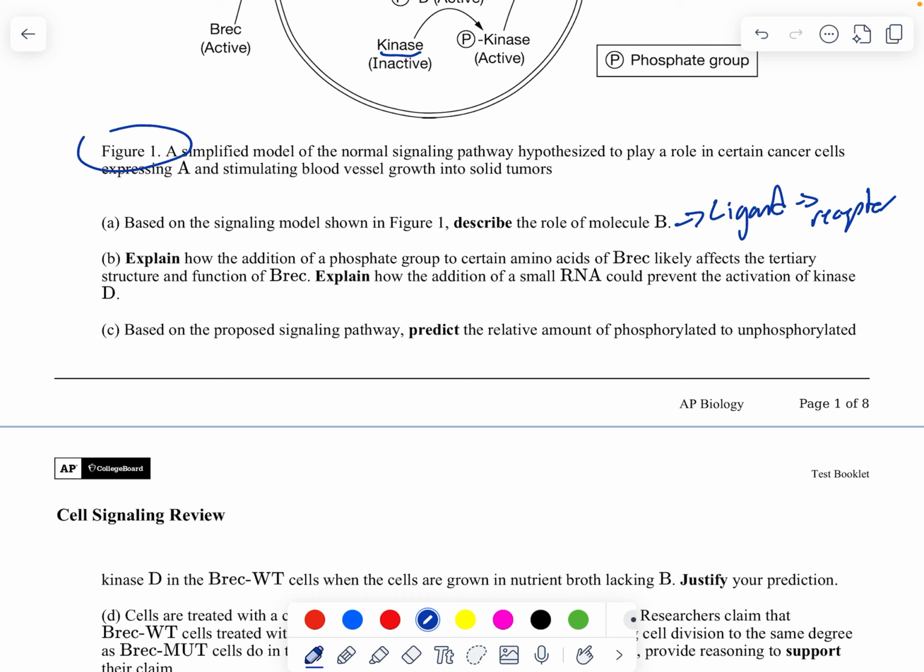Okay, well, adding a phosphate, which has a charge, okay,